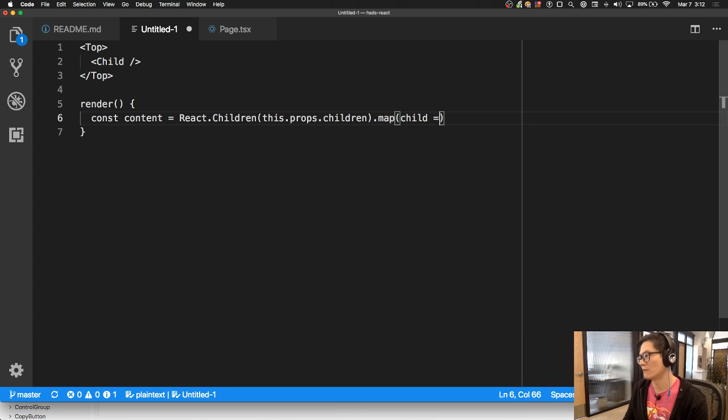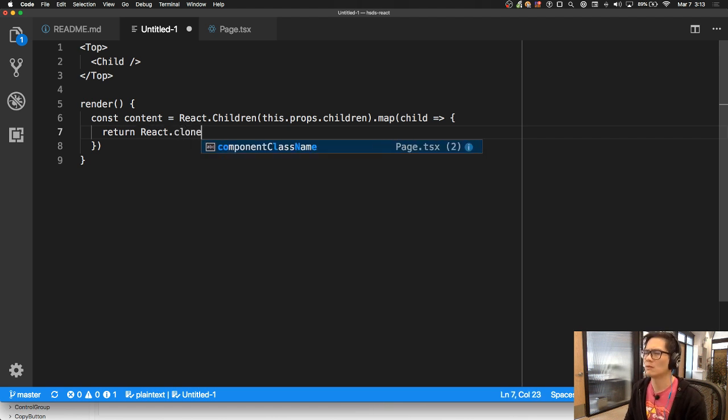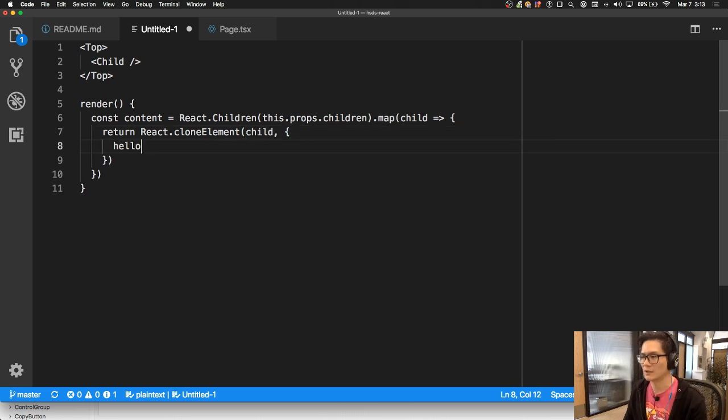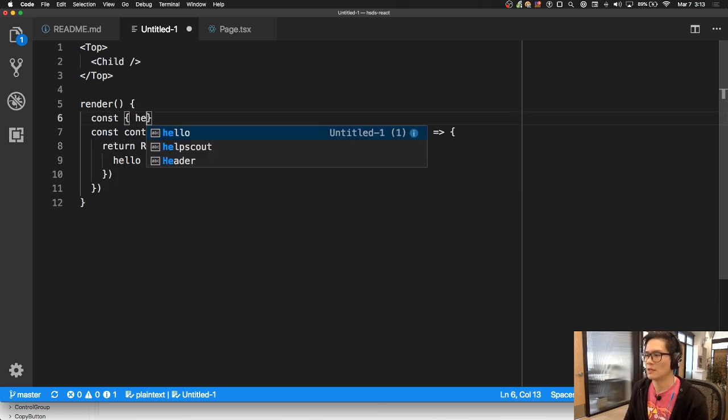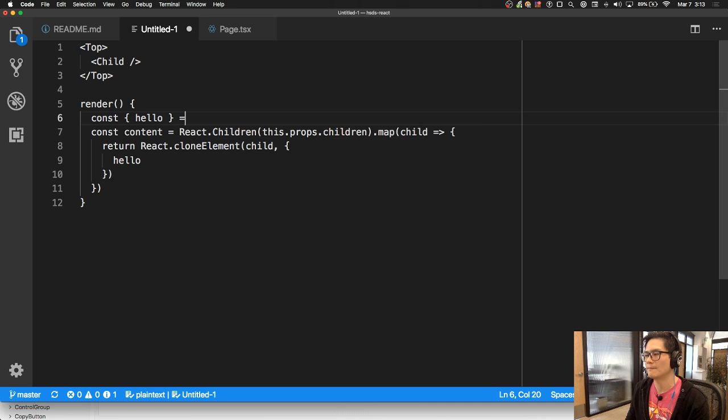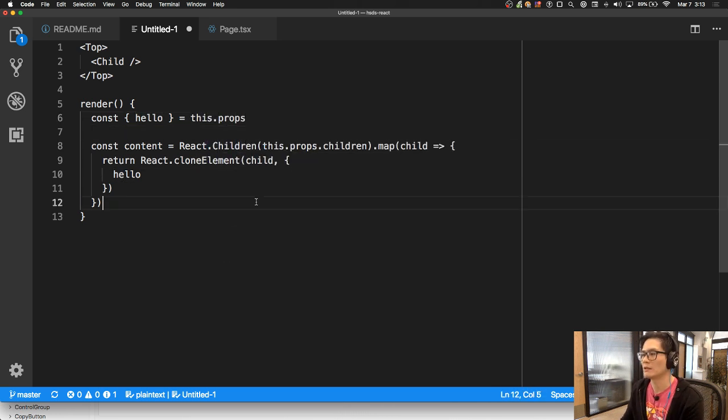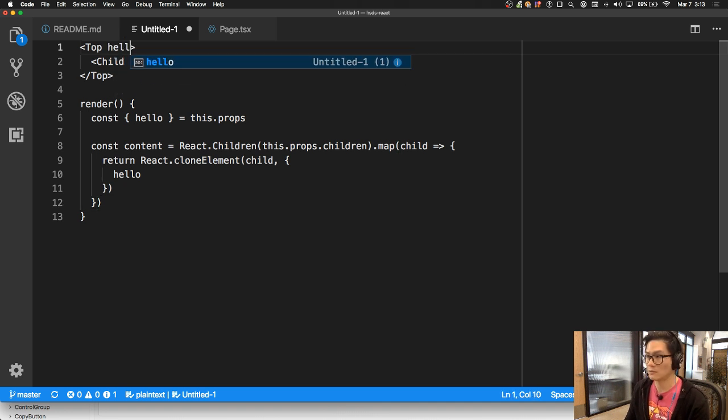Child. And then for every child, you return an enhanced version of it. So it'd be like React clone element. You clone the element of the child and then you enhance it with specific properties. So if I do hello, and I can pluck const hello from this component, you can pass it through like that. So if you pass, say, hello equals